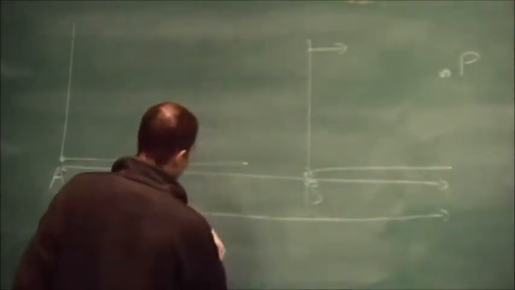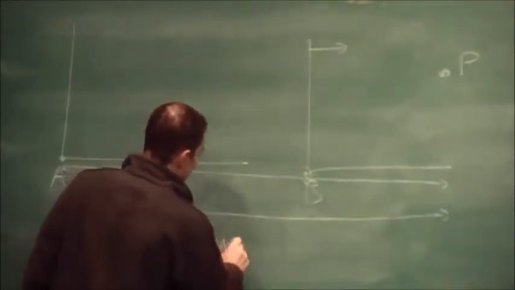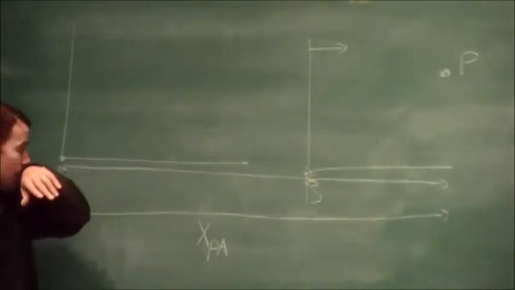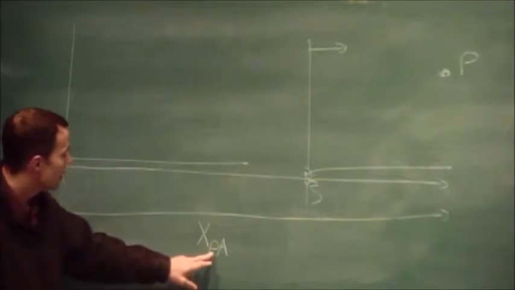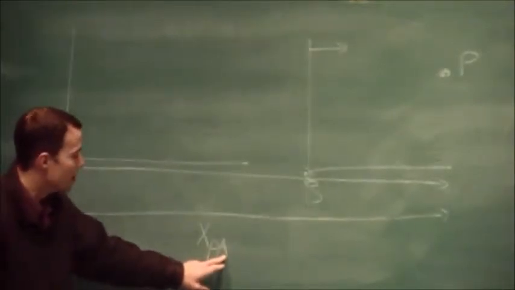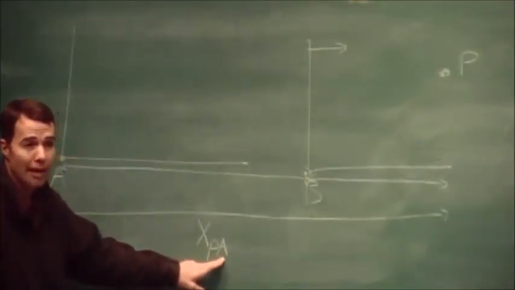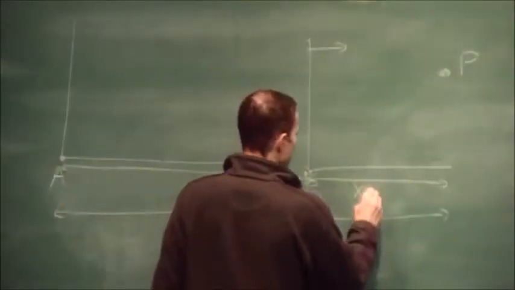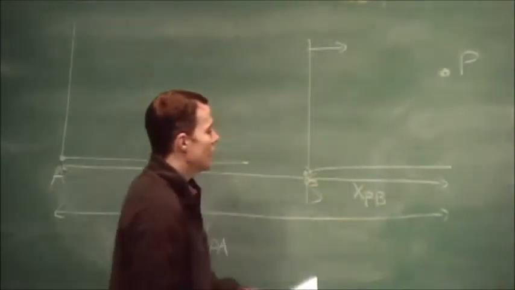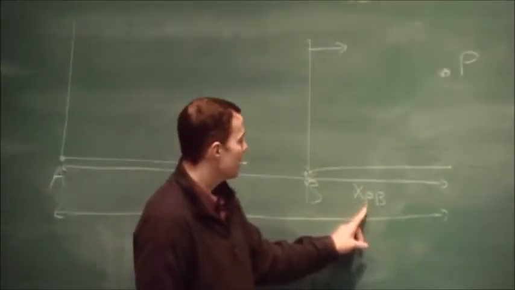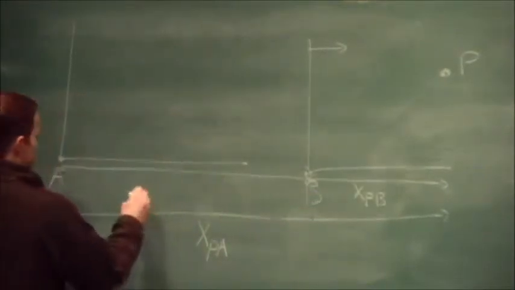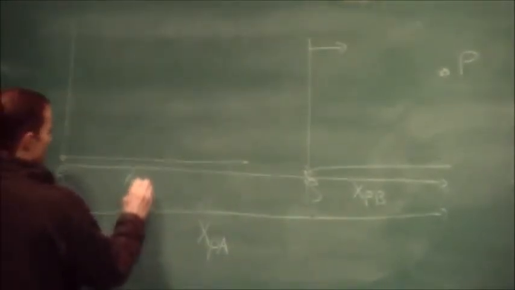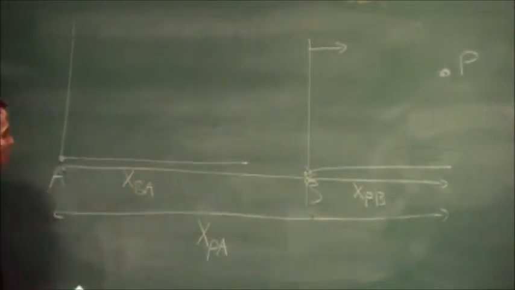They call this one X_PA, which means the distance of P relative to reference point A. And then they call this one X_PB. In other words, what is the distance of P with respect to B? And then they have this one as being X_BA, which is